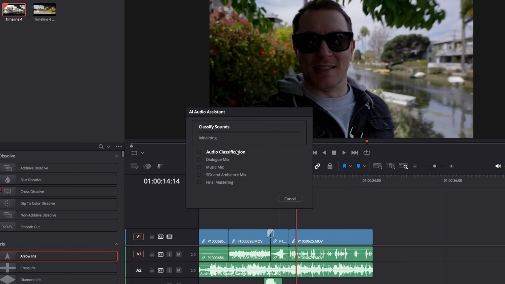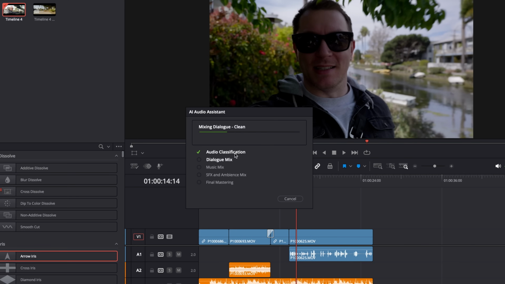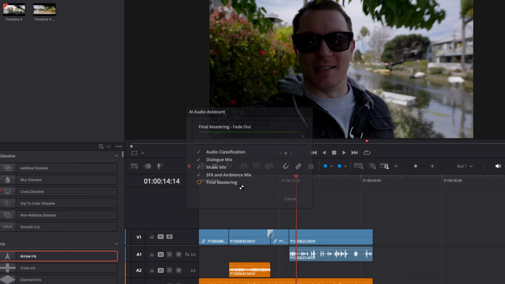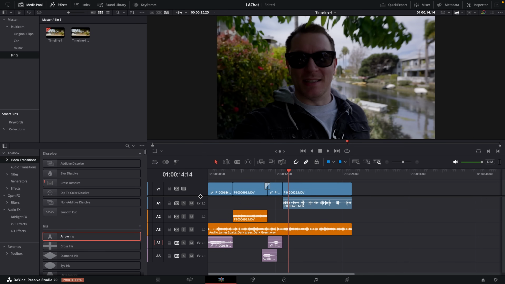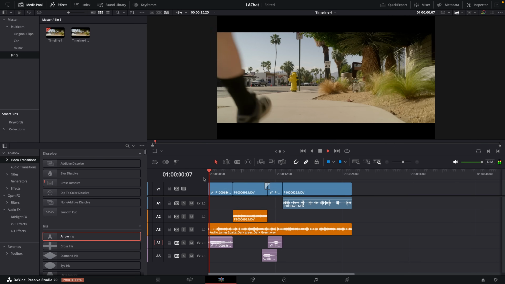And it's going to run through, analyze all the audio, find out what it is, whether it's voiceovers, ambient, music, sound effects. Then it's going to try and do some dialogue for us. Then it's going to mix the music together, the sound effects and the ambient, and then master the entire thing for YouTube. And straight away you can see it's color coded. It knows what's music, it knows what's sound effects, and it knows what's dialogue. And hopefully now if we hit play,